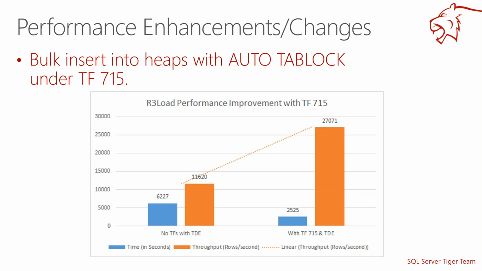But if you're not able to add a tab lock hint when you're doing a bulk insert, and your application doesn't support it, then you're stuck. So with TraceFlag 715, out of the box, within the SQL Server engine, we will turn on the tab lock for you when you're doing a bulk insert for all the tables for that particular instance. All the bulk inserts will automatically take BU locks, and you will achieve the same performance without actually